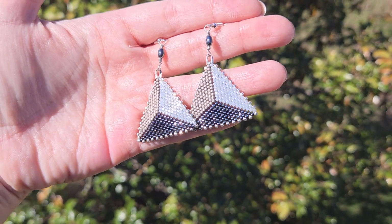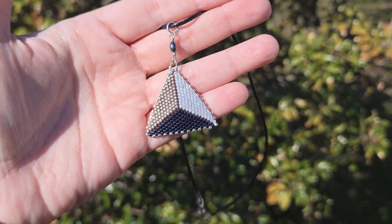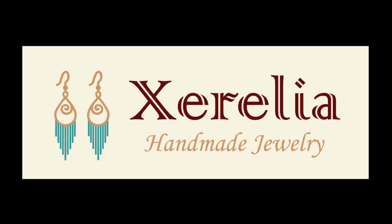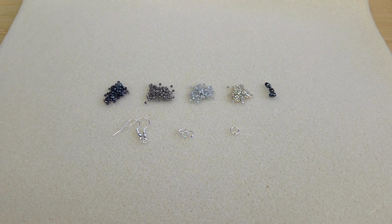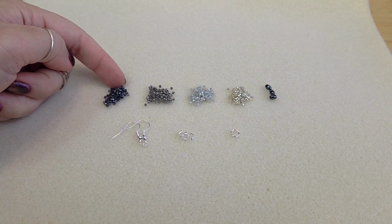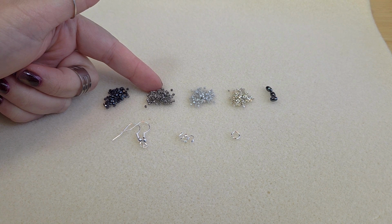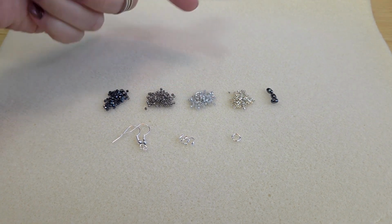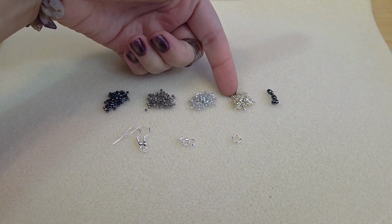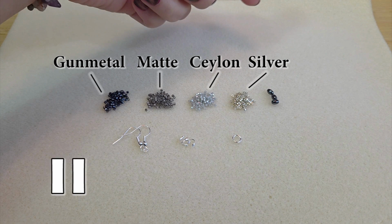Everyone, today we are going to be making these fun geometric peyote triangle earrings and a matching necklace. Today I'm going to be using mostly 11/aught Miyuki Delica beads, and I have those in 4 colors. I have a gunmetal, a matte metallic silver, a salon gray, and a galvanized silver. And since they're all gray or silver beads, I will be referring to them as gunmetal, matte, salon, and